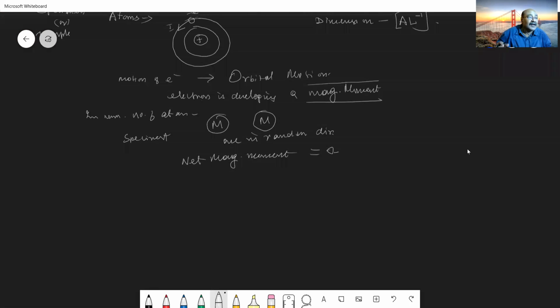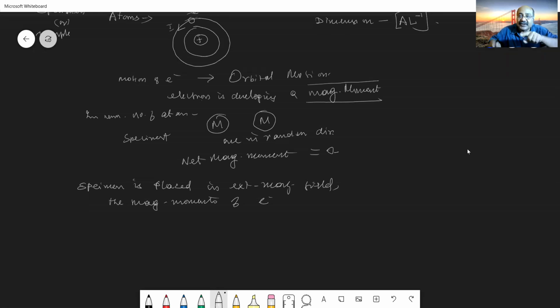So what I am doing, I am applying an external magnetic field. The specimen is placed in the external magnetic field, that is the magnetizing field, H. When the specimen is placed in the external magnetic field, the magnetic moments of electrons,